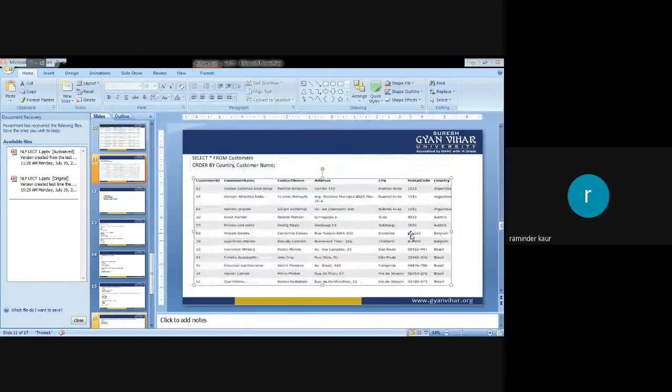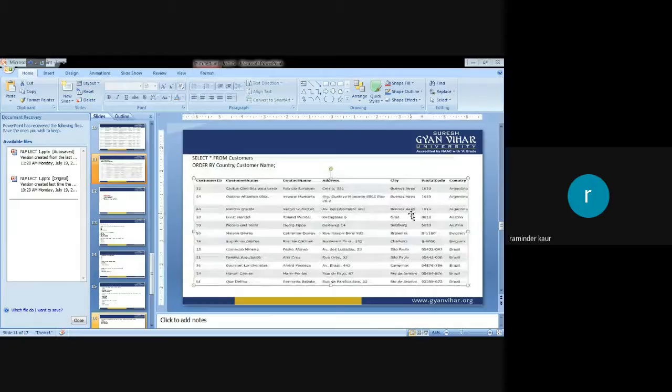Just have a look at the practical aspects. If two countries have the same name, then it is classifying them on the basis of the customer name.